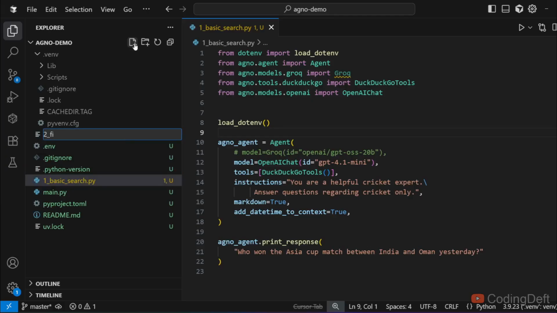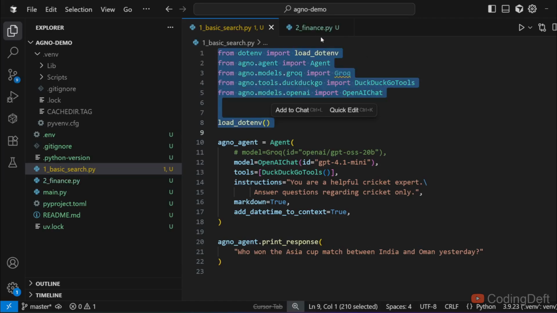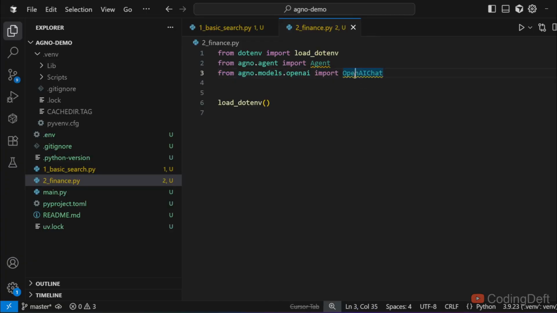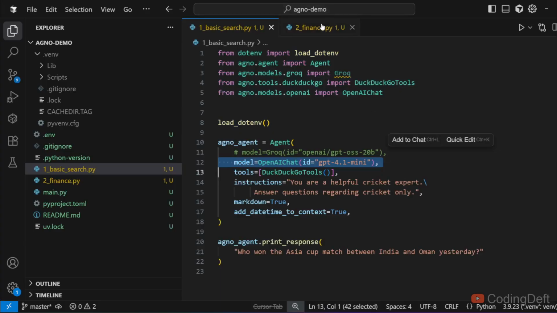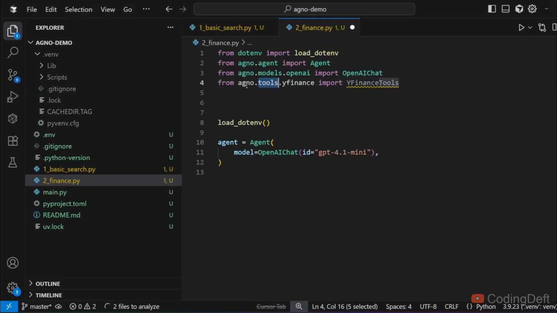So I will call it as finance. I'll copy some lines from here. Say load env. We don't need Grok as well as DuckDuckGo tools. I'll be using OpenAI chat going forward. Feel free to use Grok if you don't have any subscriptions. I'll create an agent equal to agent of. I'll copy the model from here. And we need to specify the Y Finance tools. It can be imported from